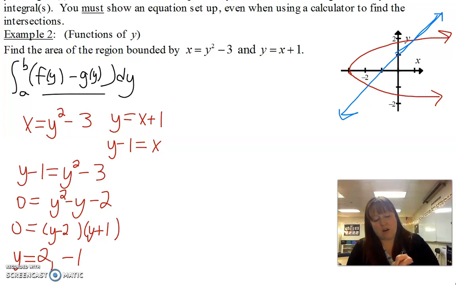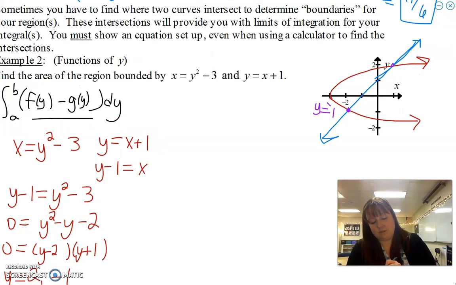So let's go look at our functions here, and remind ourselves that at this point right here, y equals negative 1, and at the other point, y equals 2. These are going to be our limits of integration. If you think about our scan gun, we're going from here, and we're going beep, beep, beep, beep, adding up all these infinitely small rectangles to get the area in between these two curves. So our area is going to equal the definite integral from negative 1 to 2